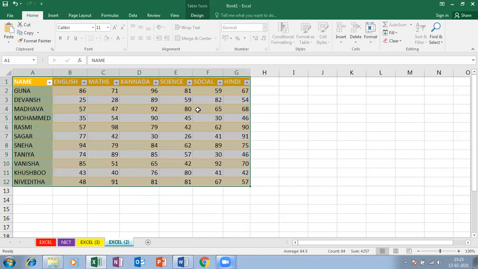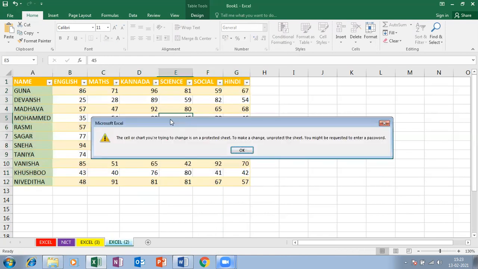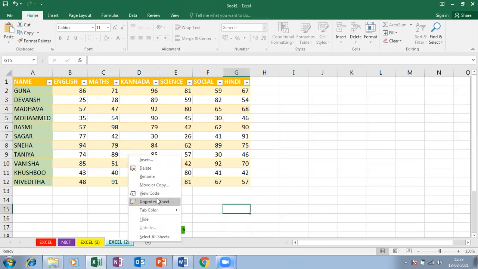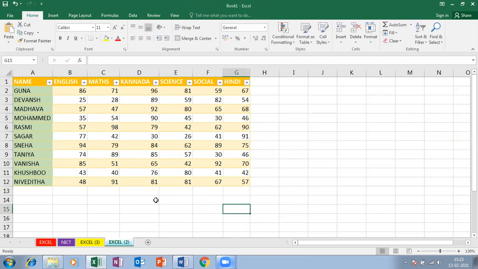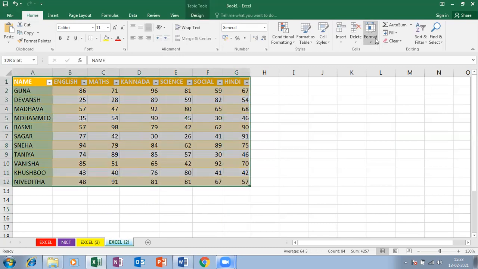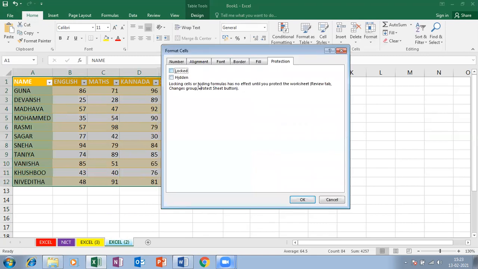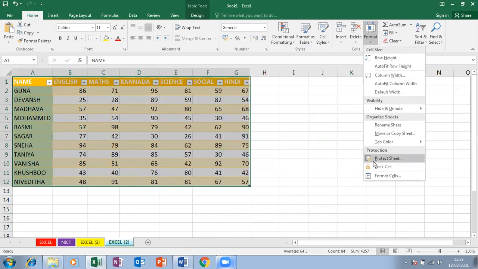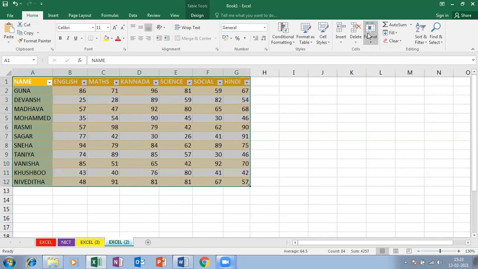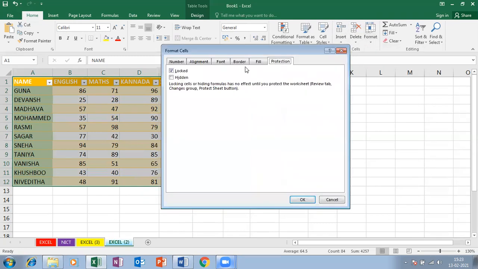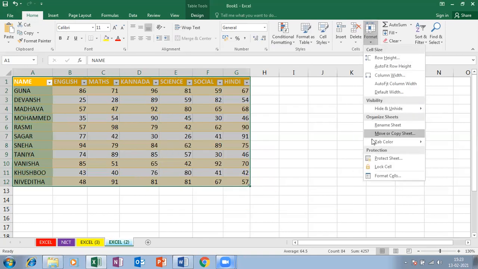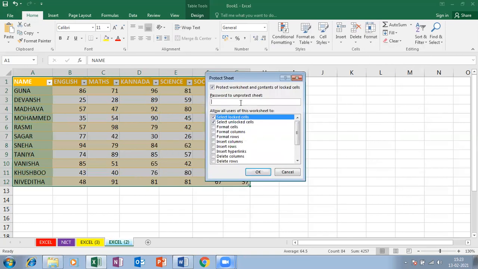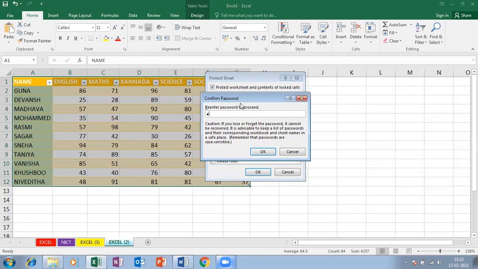So now I'm eligible to only change the values in this particular range. One second. Select this range, click format cells, uncheck locked, click OK, then click on protect sheet. 1, 2, 3, re-enter 1, 2, 3.